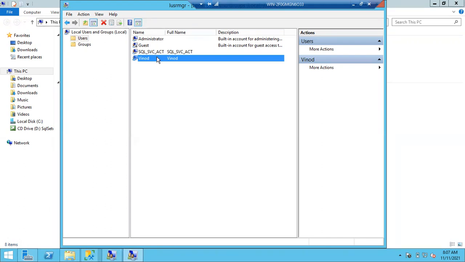Don't compare like that. We are not creating any account inside any account. Administrator is one door. Vinod is one door. So these are the doors to enter into the server. Don't think like the administrator created Krishna or the administrator created Vinod. So we created Vinod in the administrator? No, that's wrong. We logged in as administrator, we created users. If you want to connect to the server, one account should be there, right?